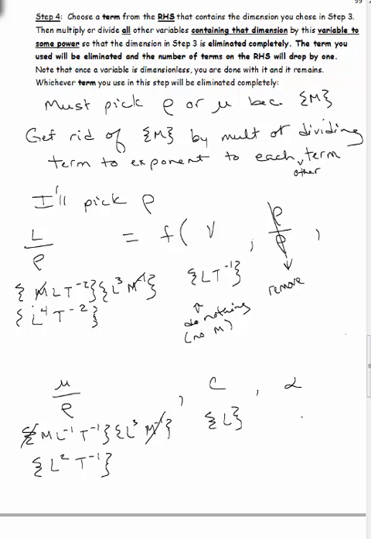And our last variable was alpha, already dimensionless. So when something becomes dimensionless or is already dimensionless, you just leave it alone. It stays in there. It doesn't remove like this rho does, but it stays, and it just will propagate through the rest of the problem. All right, so there we are. So let's